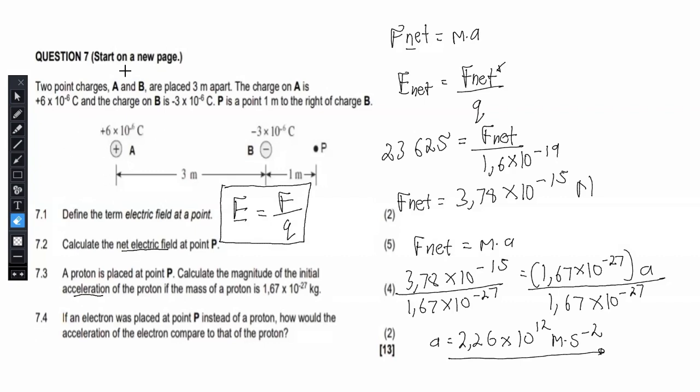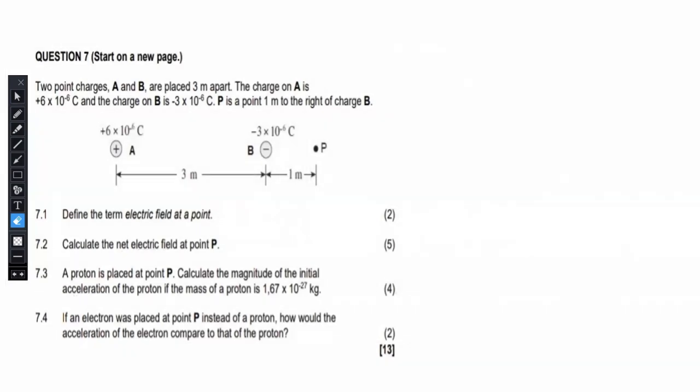Right, so now we have 7.4. It says if an electron was placed at point P instead of a proton, how will the acceleration of the electron compare to that of the proton? Now we know our electrons are bound to have a smaller mass, and then according to F net is equal to ma, we know that acceleration is inversely proportional to mass. So we'll say this one would have a larger acceleration. So there will be a larger acceleration